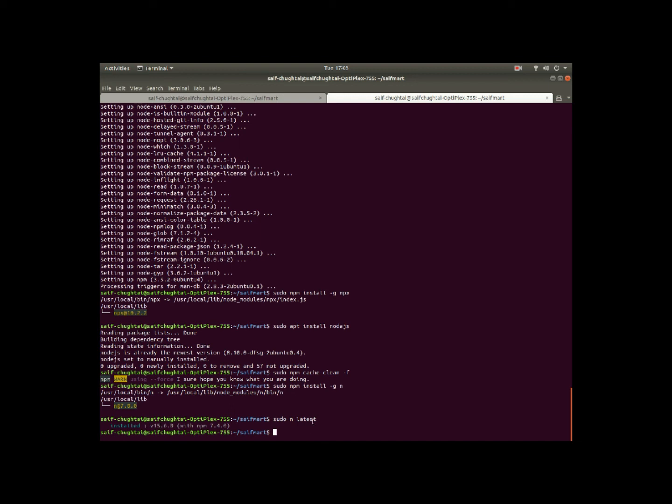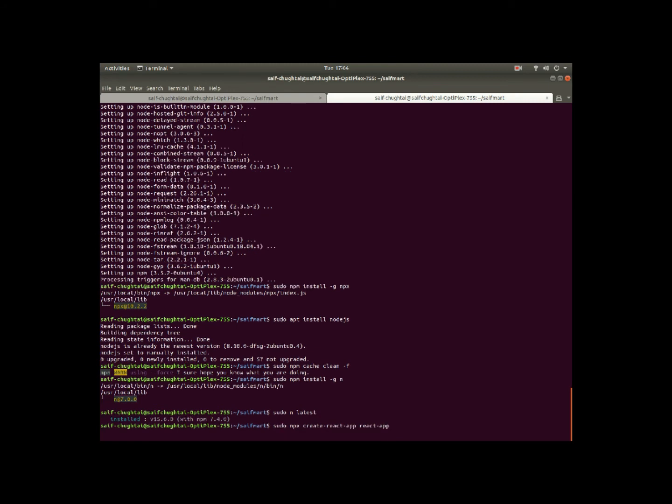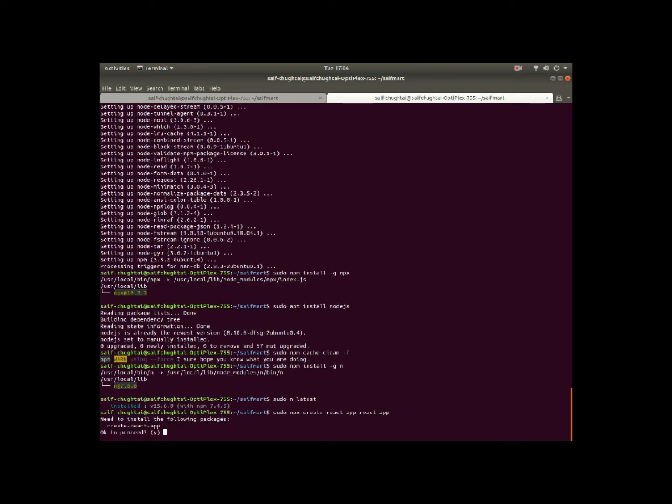Now the next step is to create my React JavaScript environment. Okay, React JavaScript project. So I'm just writing sudo npx create-react-app, and I'm naming it react-app.